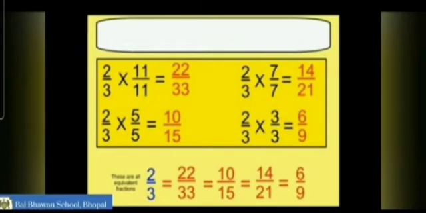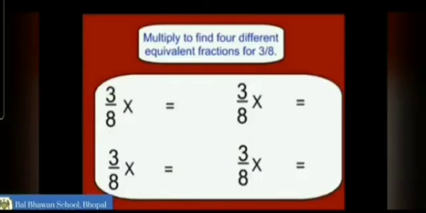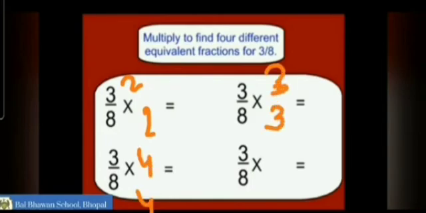All these are equivalent fractions of 2 upon 3. We have to understand that we have to multiply by the same number in the numerator and denominator. Now, here I have given few questions. Let us try them. Let me multiply first by 2 in the numerator and denominator, then by 3, then by 4 and then finally by 5. You can choose any number and find out the equivalent fraction. Try out, children, on your own and take out at least 5 equivalent fractions of any number.